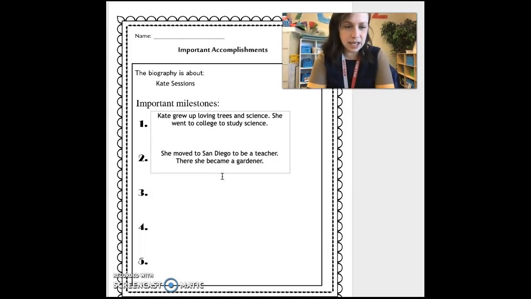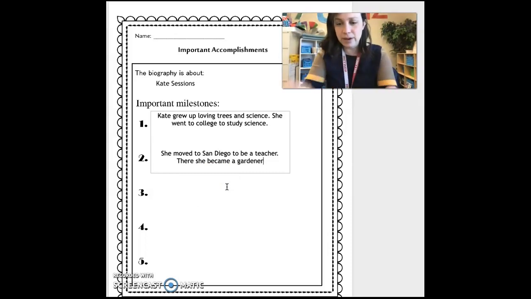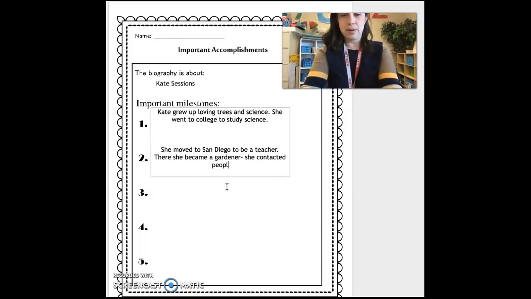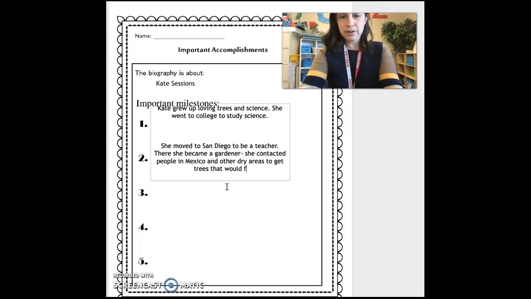Okay, let's see here. What else happened that was important? Maybe we should talk a little bit more about how she became a gardener. She contacted people in Mexico and other dry areas to get trees that would grow in dry San Diego.